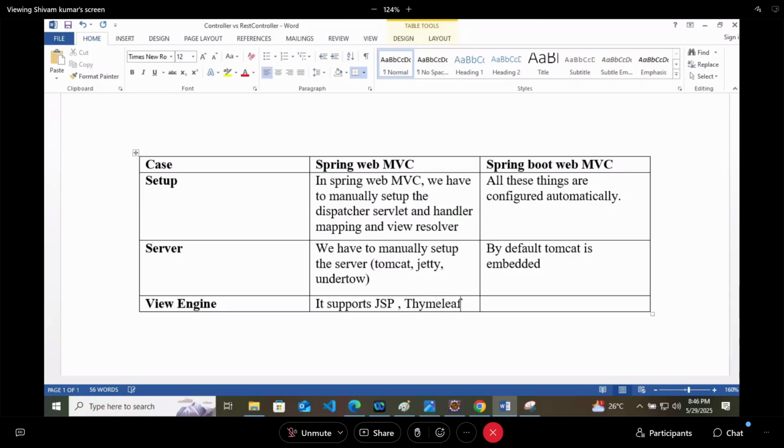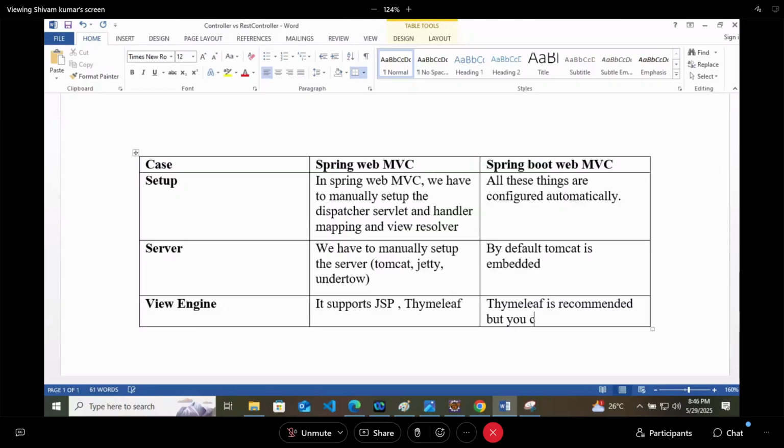Strictly you can say that you have to use Thymeleaf, but you can also use JSP. But JSP means you have to learn a new type of coding language. Thymeleaf means HTML will work. Whatever your HTML is, that only will work.